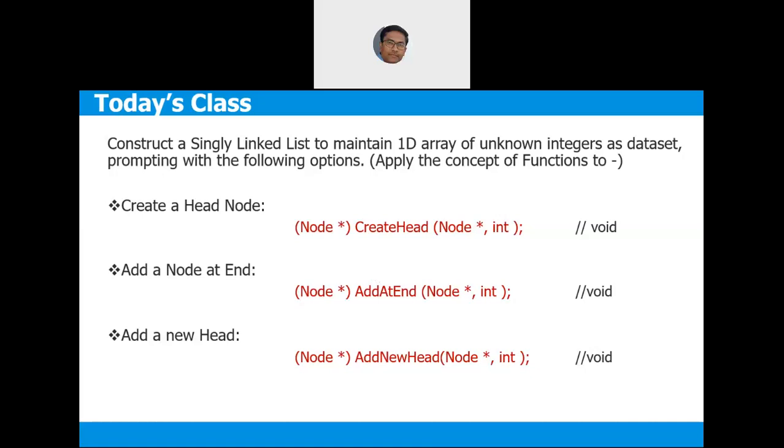So in today's class, let us split the class into 2 sessions. In the first session, we understand how to modularize a specific segment of a linked list in the form of a C++ or C function. Let me repeat. Let us modularize the specific sub-requirement of the linked list problem into a specific C++ function.